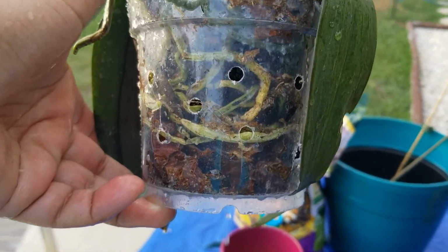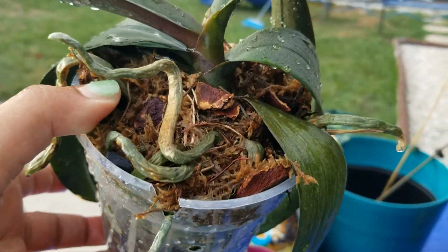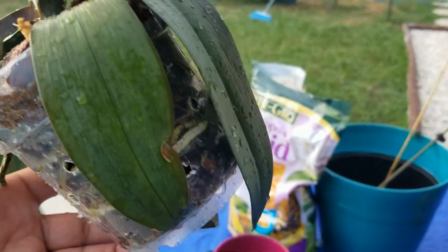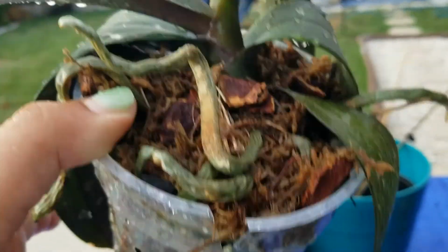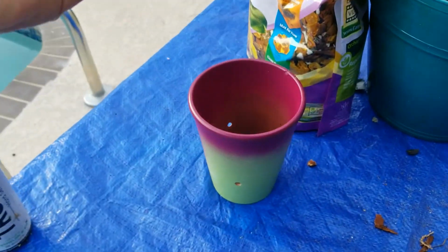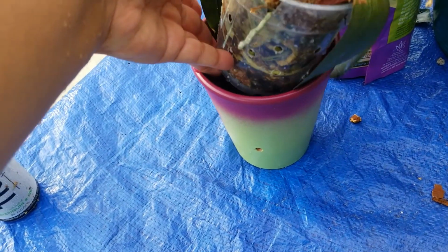Okay, look how nice that drained. It got real wet, and all the drain holes, it drained right through. So that's going to be a happy orchid. And in the clay pot,